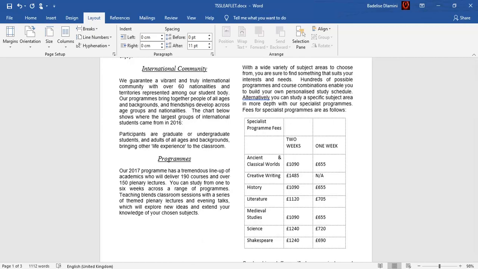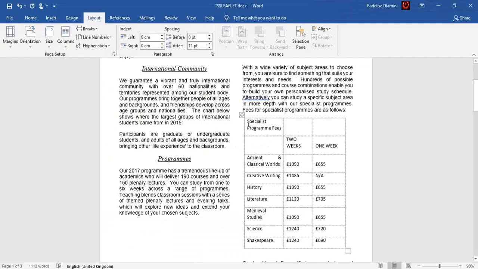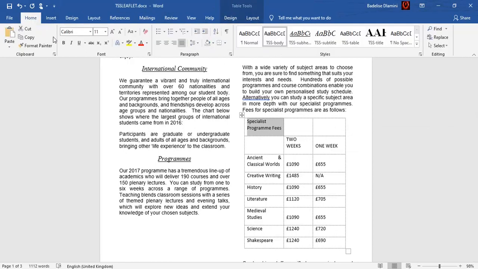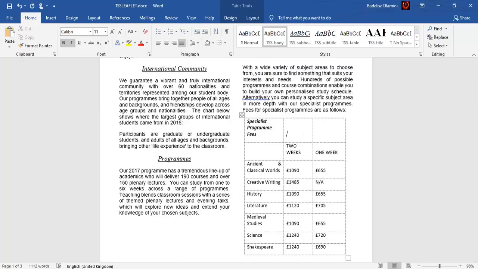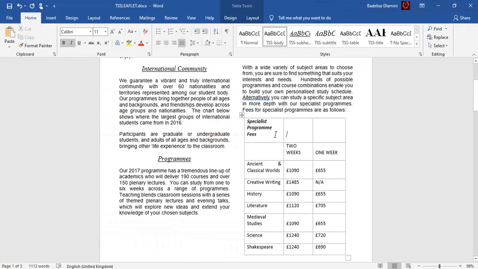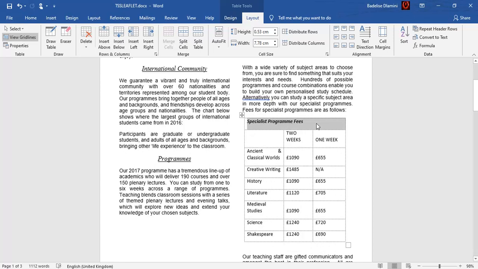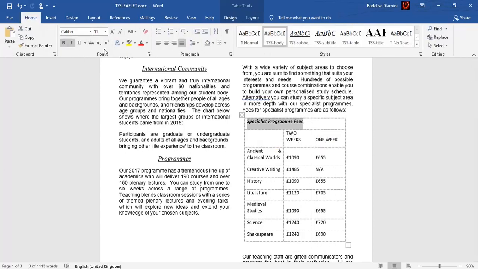So they said we should format the first row of the table to be bold and italic. So I'm just going to do that. The whole row, okay, go to home tab, should be bold and italic. Okay, center aligned over the 3 columns, meaning we should merge the 3 columns and should be center aligned. So I'm just going to highlight the 3 columns, home tab. Okay, actually I should go to the table layout, and then we merge the cells so that they become one. Then this should be center aligned. Okay, because they say it should be center aligned